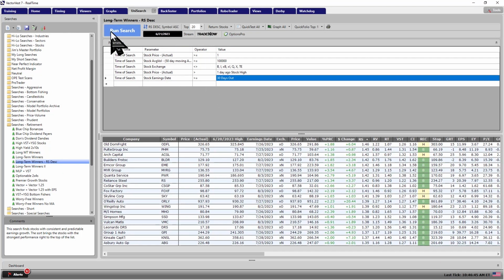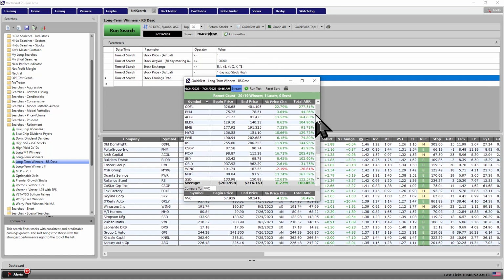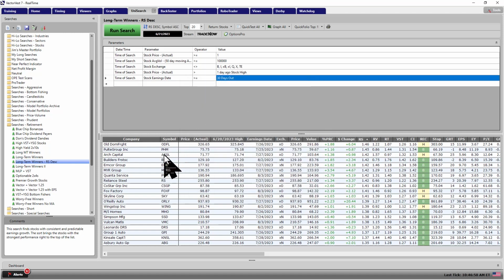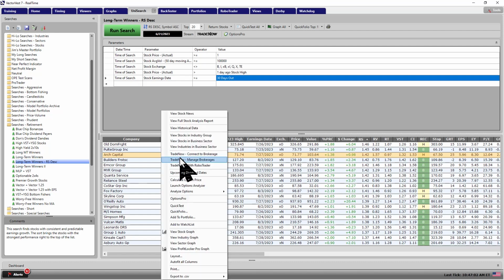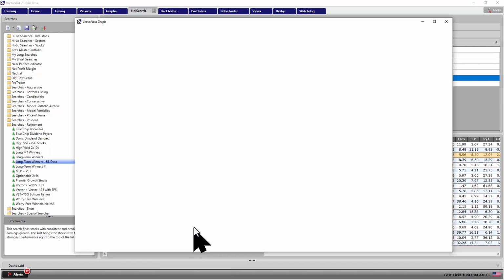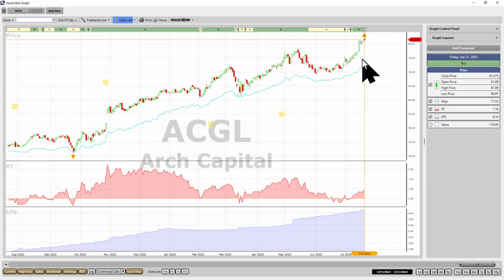Now, these were all good scans, and these were all good stocks. If I run a quick test, you can see that they all basically went up, with the exception of Wingstop. That stock is down from there. So out of all these stocks, one of the stocks that I really happen to like was Arch Capital. Why do I like Arch Capital? Well, obviously you can see the stock has gone up since then, but if I go back to 621,